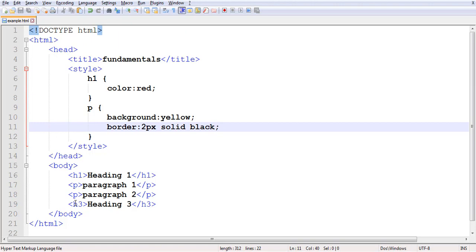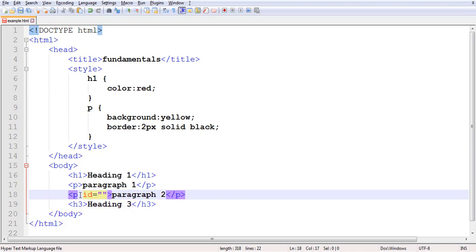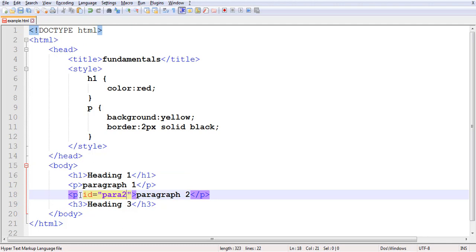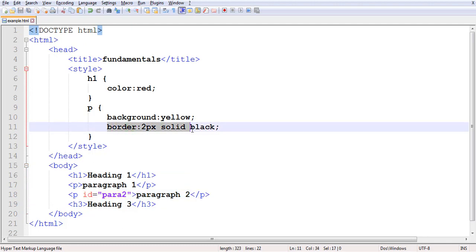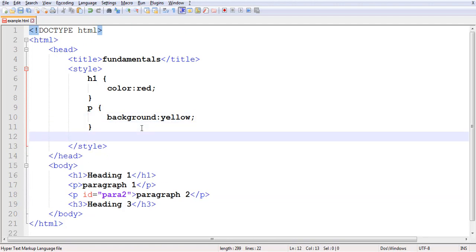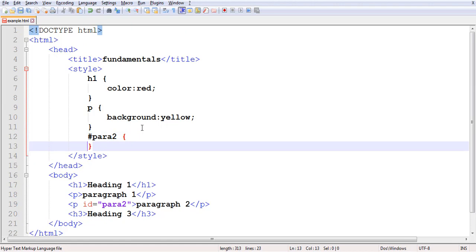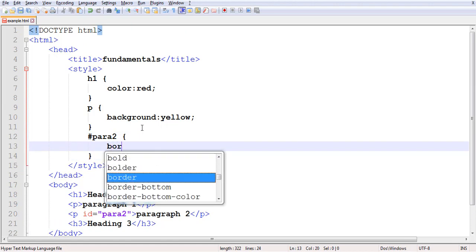Here I need an ID, right? So I will give the ID to paragraph 2, ID equal to para2, and now I can select it. I delete the specific property from here, and now I will give the ID. How to use the ID? You need a hash, and then after it you write the ID name. So the ID name is para2, and now you apply the specific property, which was border,